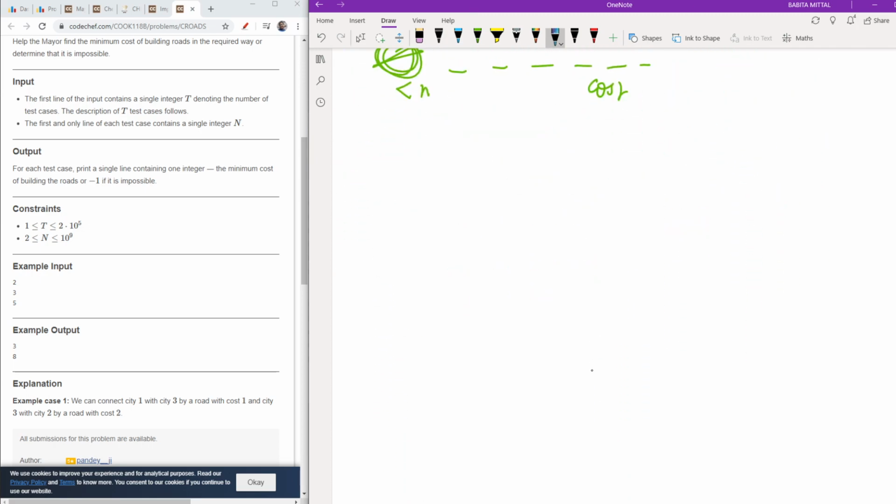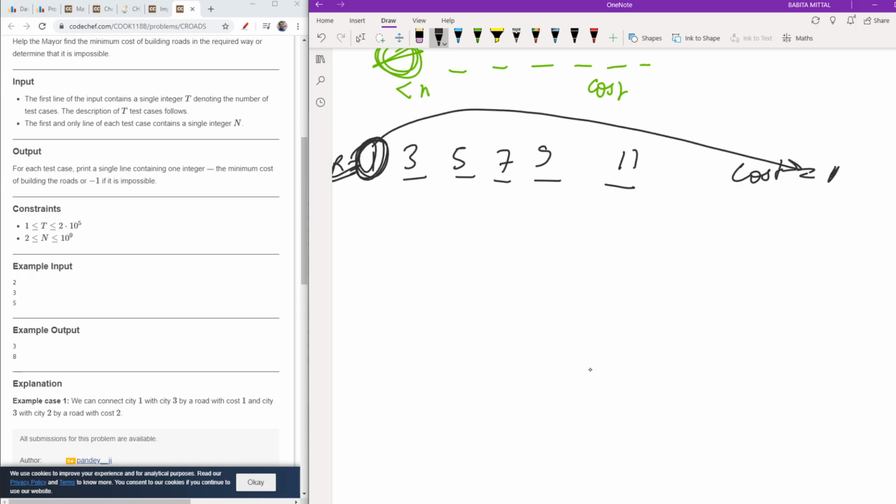So basically the first thing I need to see is that I had 1, 3, 5, 7, 9 and 11. I need to check how many of these numbers there are for this particular range. Suppose it is range 1. I know the cost, which is 1 for this element. Now for the final answer of this range, I need to multiply the cost with the number of elements which are there. So how will we find out?